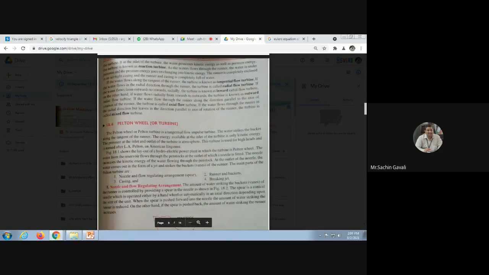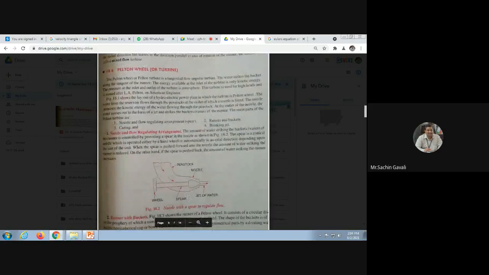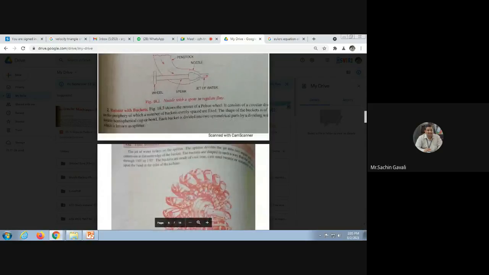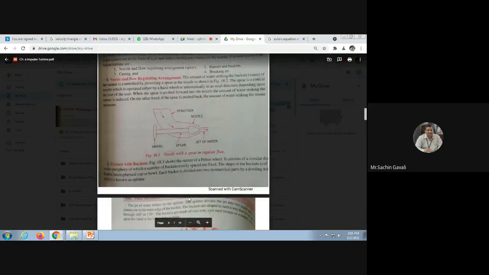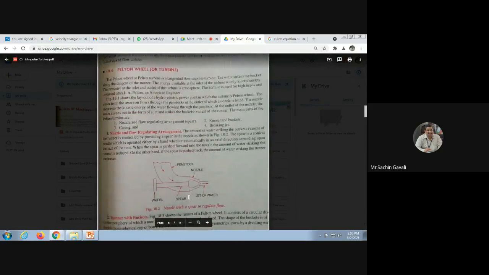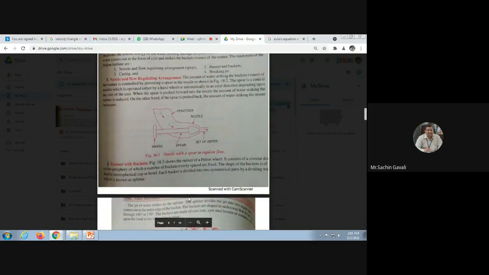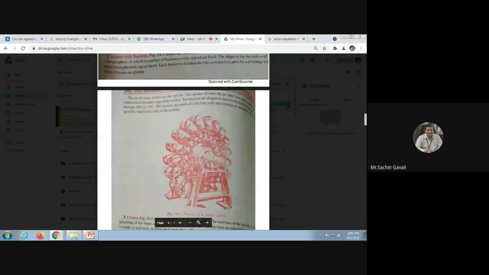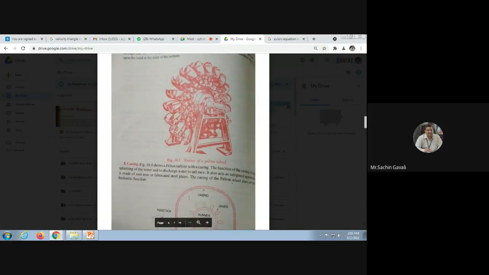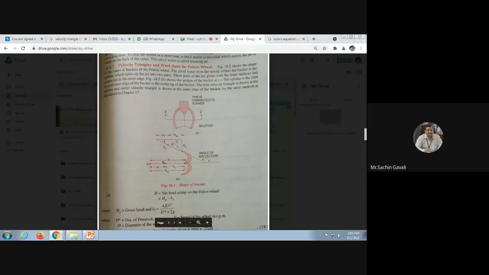Now we'll discuss the Pelton turbine. Already we have discussed it. Nozzle, casing, runner. These notes are useful for us because we have to use them for the nozzle and regulating mechanism, penstock, nozzle, and the wheel that we have learned. Then this is runner, casing, and air data. Now the very important part is the velocity triangles and work done of the Pelton turbine.